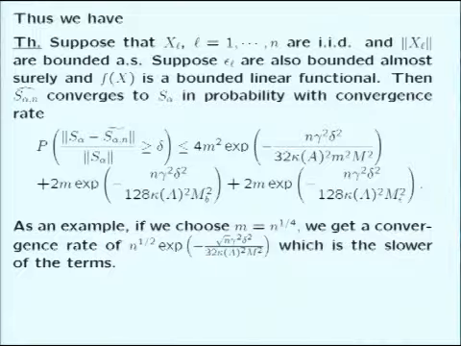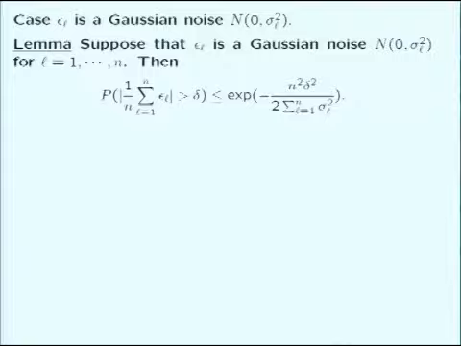Linear function of them bounded, that's fine. Then the empirical estimate converges to the population estimate in probability with this convergence rate. Okay, so that was a criticism by the reviewers because M is the dimension of the spline space. So sure, if you have more and more data points, this should change also according to the sample size, but at least we have some bound in terms of the difference between those two. Under some conditions like this, we can get a convergence rate, for example.